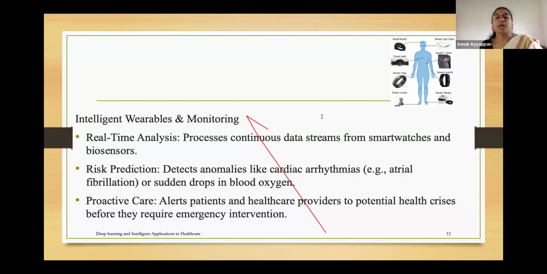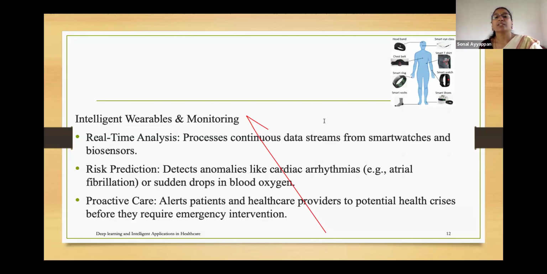Then come smart watches or smart glasses, which track eye movements for neurological assessments. In Parkinson's patients or Alzheimer's patients, the eyeballs are continuously flickering. That flickering can be detected earlier using smart glasses. Before it reaches a very intensive stage, using eye movement we can predict whether that person is going to have a neurological problem.